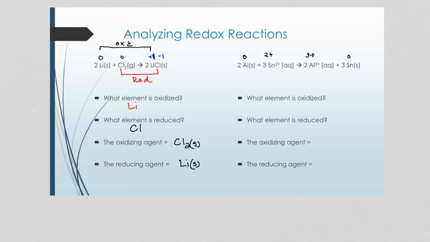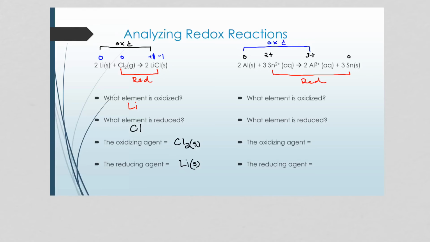So if we look at the changes, we see that aluminum goes from 0 to +3, indicating a more positive charge, or a loss of electrons, or an oxidation, whereas the tin ions go from +2 to 0, right, indicating that it got smaller, got reduced, or gained electrons,